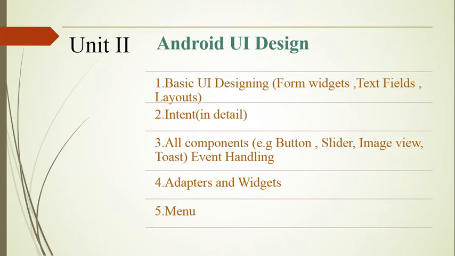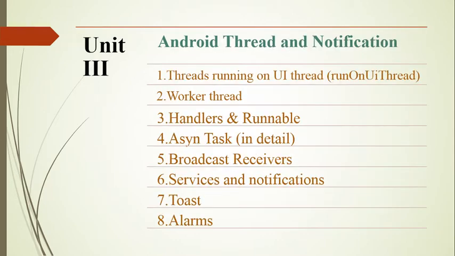Last topic is menu. Android menu is a user interface component used in many types of applications. There are 3 types of menu. First one is option menu, then context menu, and pop-up menu. Unit third,